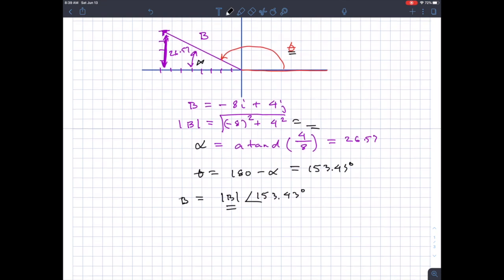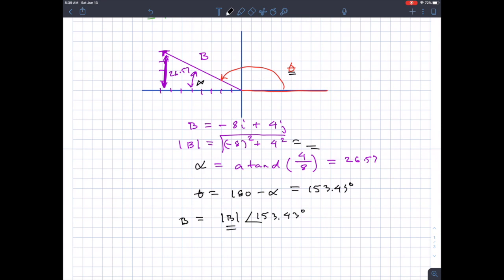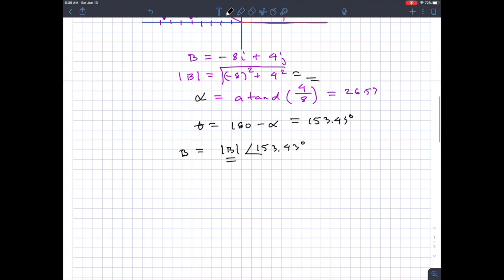What we did here was draw the picture, and from the picture we could tell that theta was going to be 180 minus alpha. What if we had a way of doing that where we don't have to do that mental calculation? It turns out you can. In Matlab it's